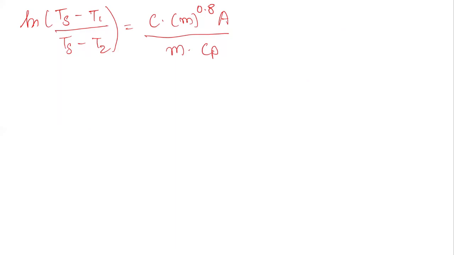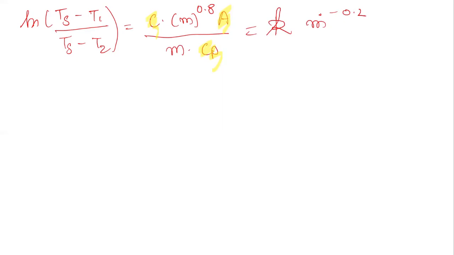Okay, now we all know that the terms that I am highlighting in yellow, C, Cp, A, are not going to change because we are now just going to have the change in mass flow rate. So I can say all these are constants in our case, and now I can say this particular expression on the left hand side is equal to some new constant K times mass flow rate to the power minus 0.2. Right, now this is done.